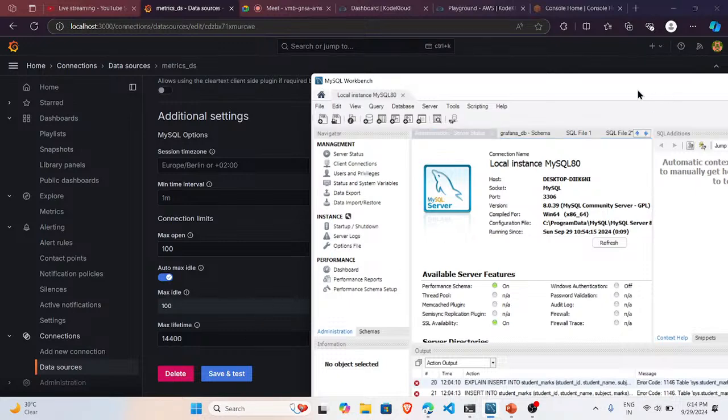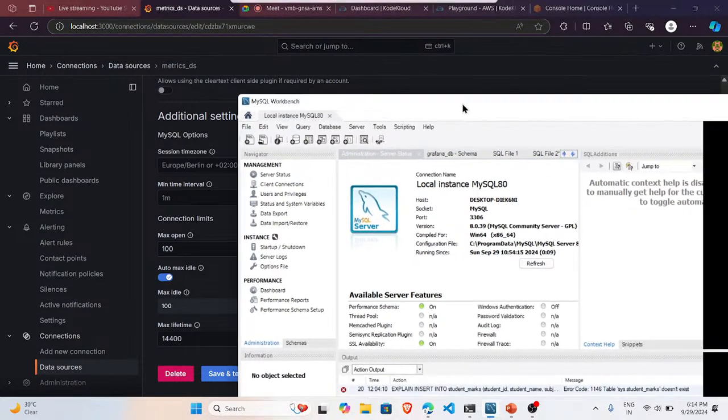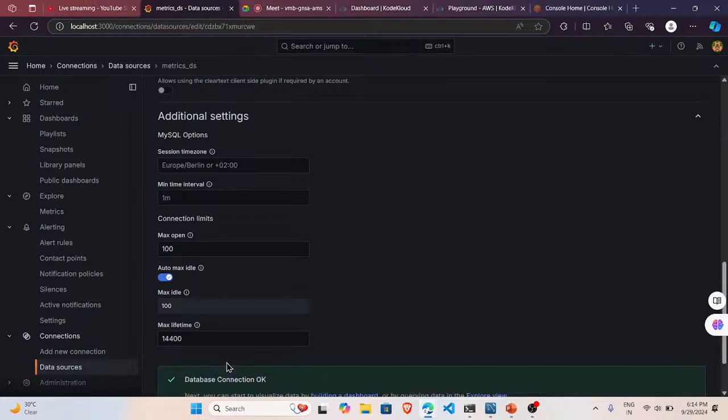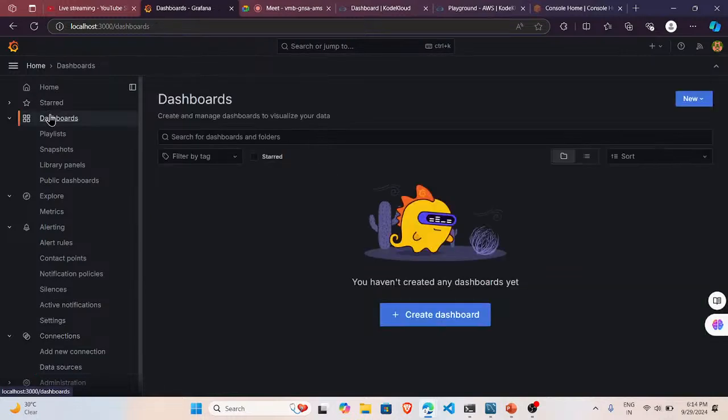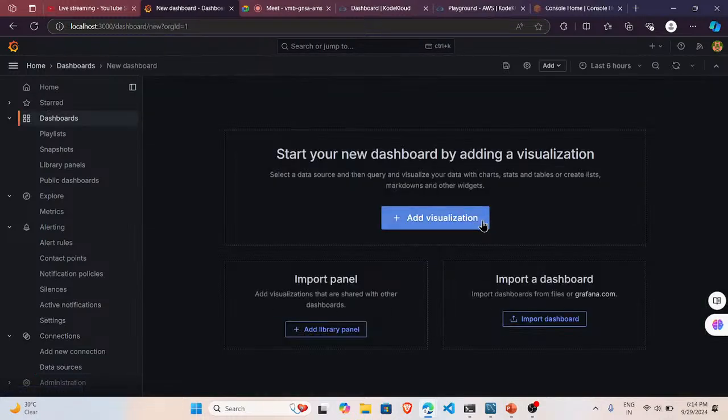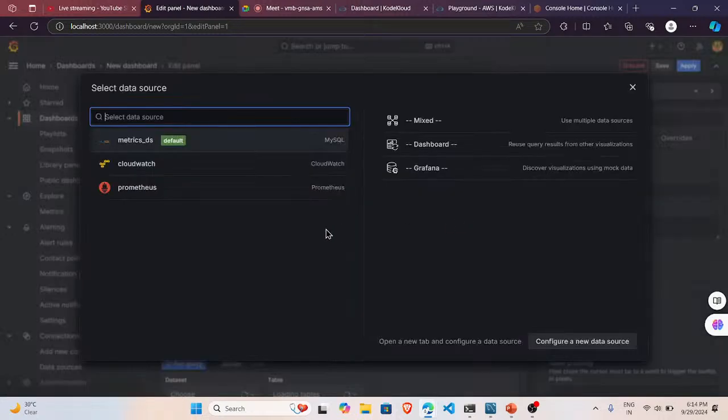Then click save and test, and the database connection will be set for you. Next you should proceed with the dashboards, create a dashboard, and add a visualization for it. Then it gives the selected data source which you created in the data source platform. So if you click data source,